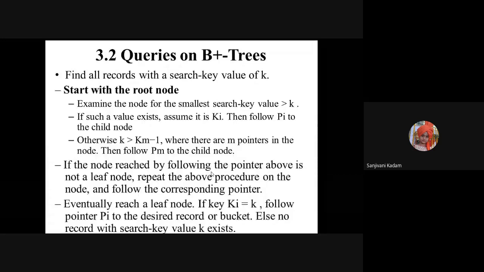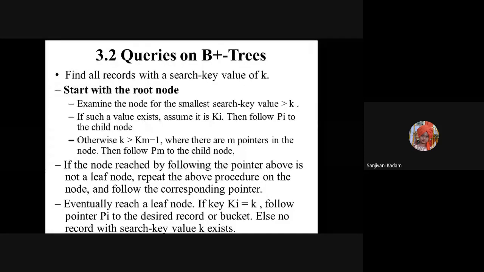Next, we can have an index on the department name. We can have an index on the salary, because these values are also getting repeated and there are multiple queries which might be accessing this data. So whenever we have been asked to write a query, it means that for that search key value, one or multiple records might exist. There may also be zero records if the key cannot be found.